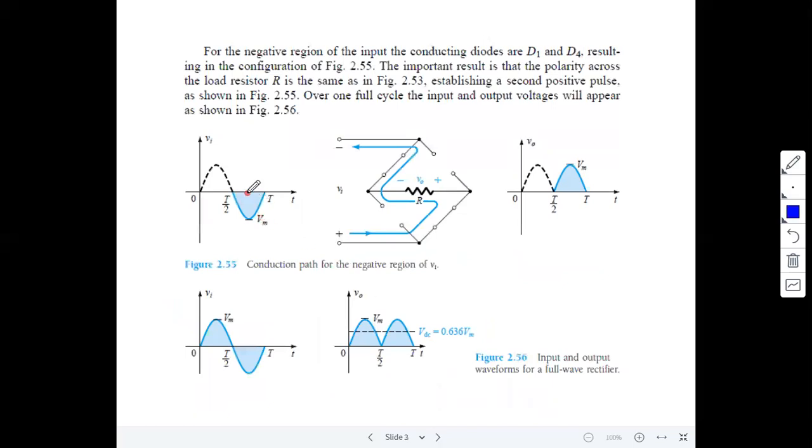Okay, then coming to the negative cycle. During the negative cycle of the input, what happened here? Observe the terminal voltages. This is minus and this is plus. The terminal voltages are important. Now observe the configuration. Now the opposite diodes are in forward bias, right? Now these two diodes are